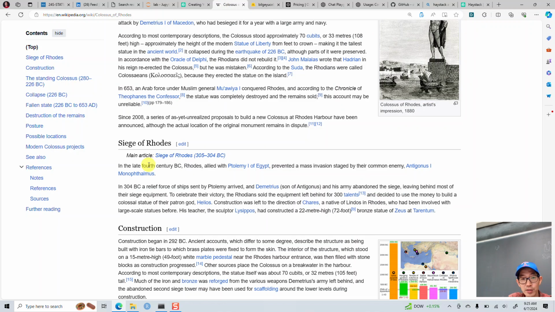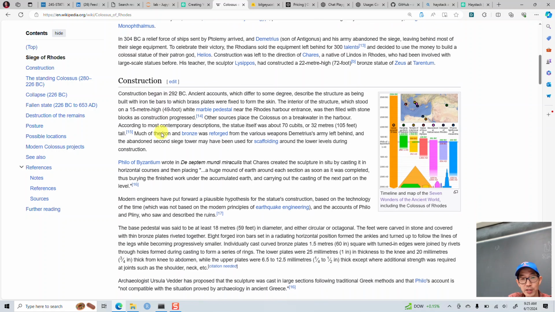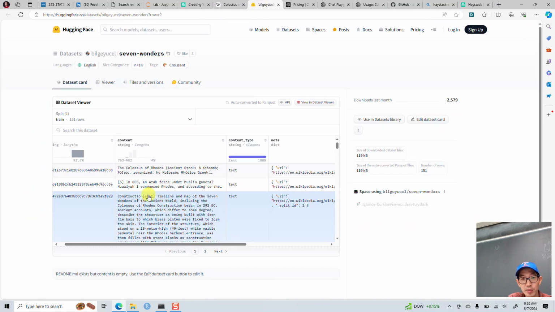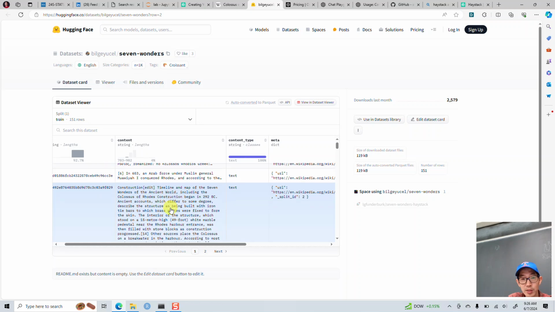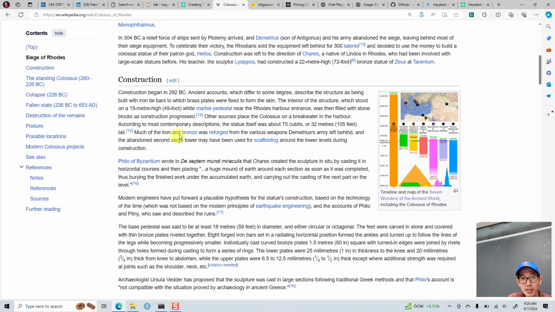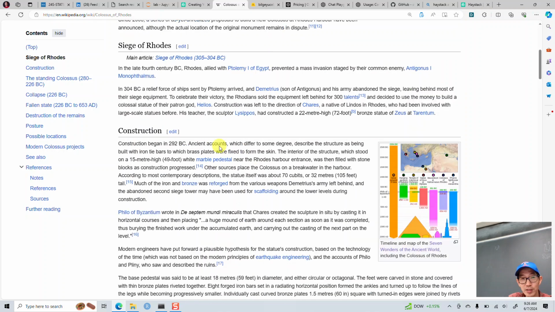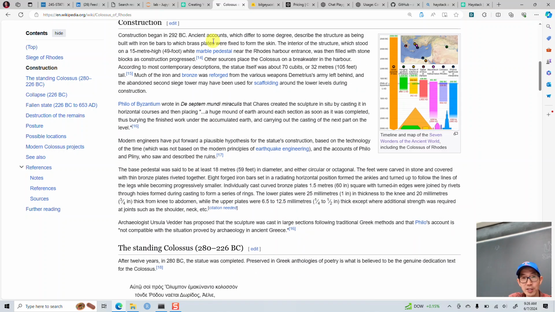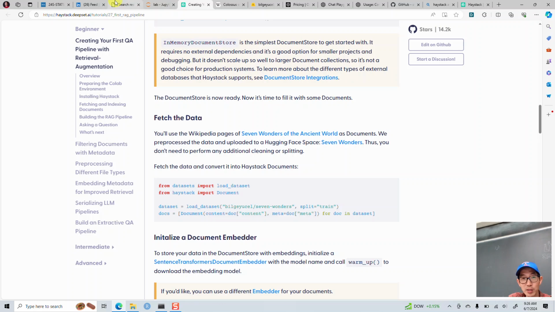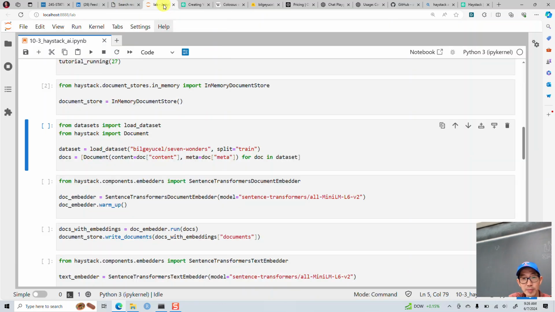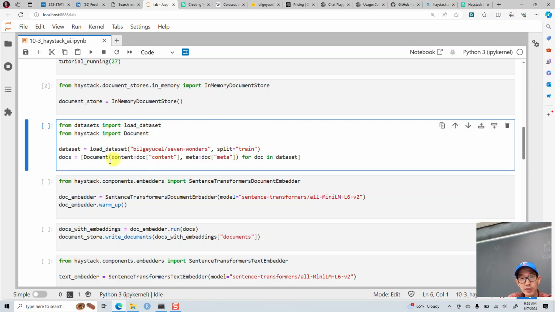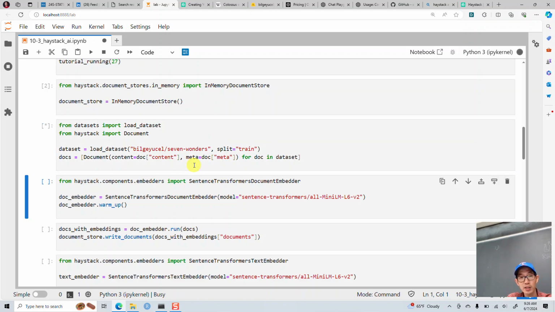Construction. Construction began in 292 BC. Is that part of this timeline? Construction began in 292 BC. Ancient accounts, which differ to some degree, is all right here. So they've taken the text of that and put that into our document. So we're going to put that into our list comprehension. We're going to get a list of documents that have content and meta, and so that creates our